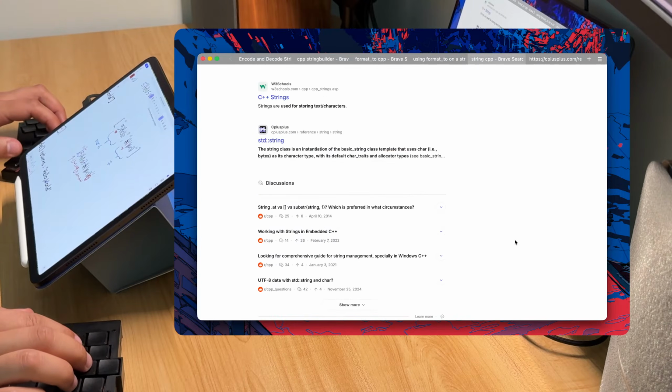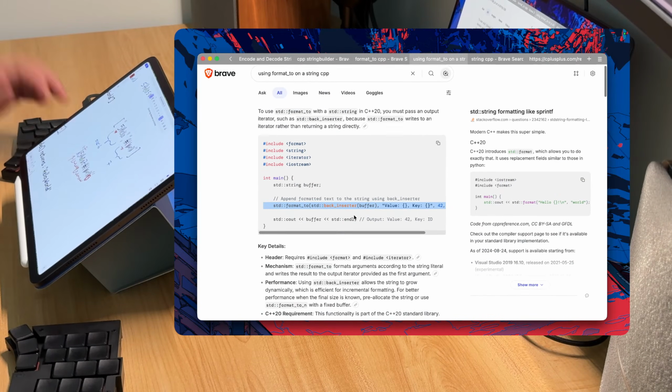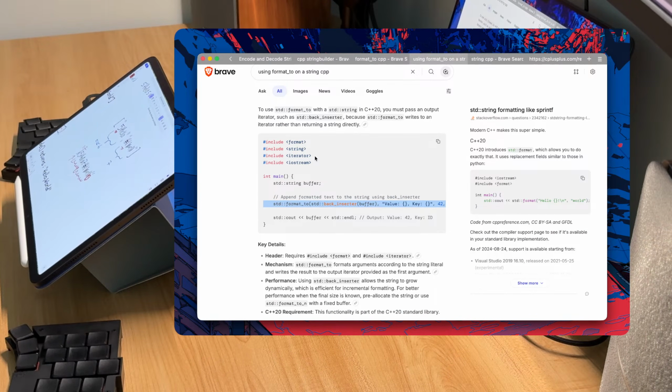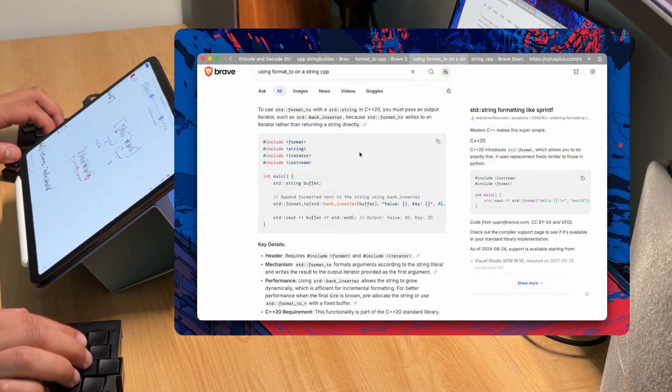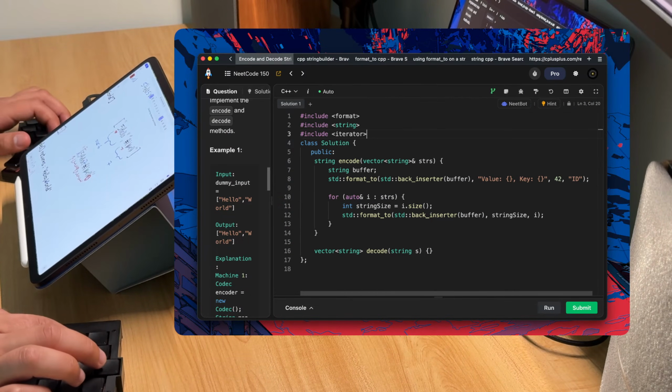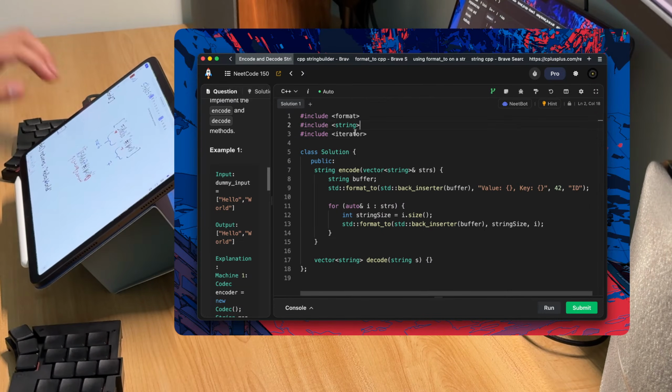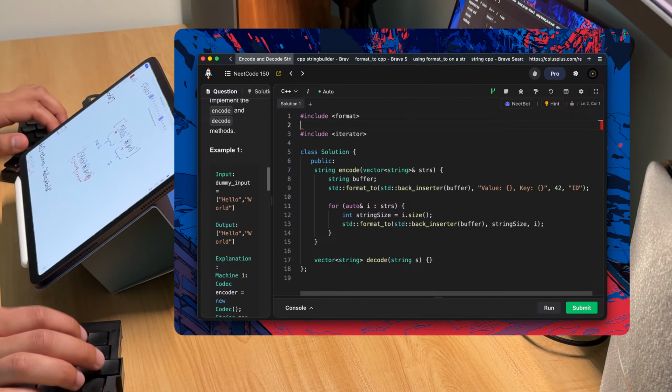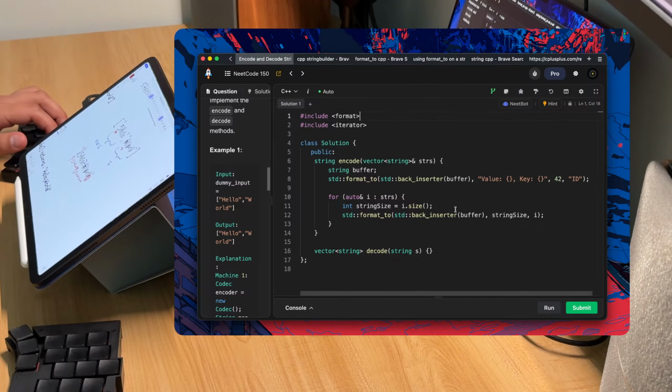Also, I think we have to include iterator and format, so we'll copy these. Does anyone know, does NeetCode include all of the stuff we need by itself, or do we always have to include it? Okay, and then